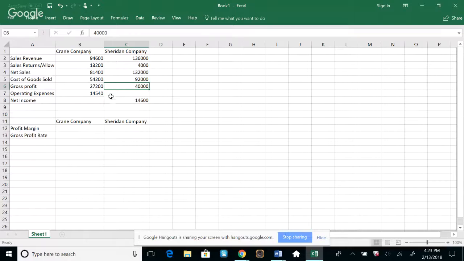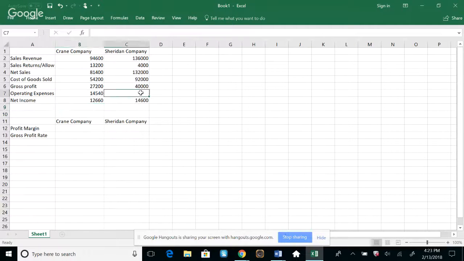The next part is asking us to solve for operating expenses and net income. What we need to know is that net income equals gross profit minus operating expenses. For Crane Company, all we're going to do is take our gross profit of 27,200 and subtract our operating expenses of 14,540. That will give us our net income of